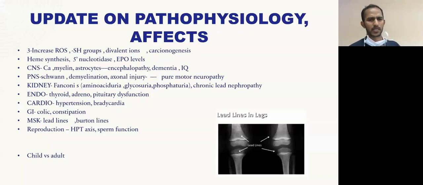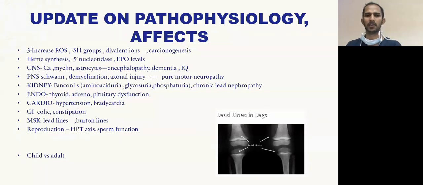Musculoskeletal, lead lines can be seen in the X-rays in the long bones, and vertical lines are seen on the gums at the junction of the teeth and the gingiva. Reproductive system, it can decrease the sperm function and also impair the hypothalamus-pituitary-testosterone axis. Lead affects children and adults differently, probably because of the bone composition and also the